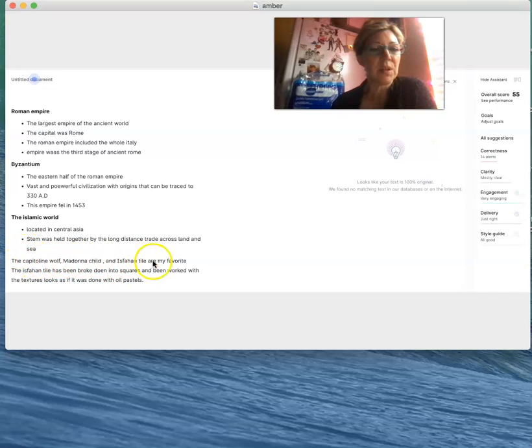Okay, and this is your favorites, and you described one of them, and you gave your own opinion about it, but make sure you're including some facts. It's okay to give your opinion, I love that, but I want to know what you learned about this art piece, besides what it looks like. And you should be doing that for each artwork. Also, don't forget to put in which fact you found most interesting.